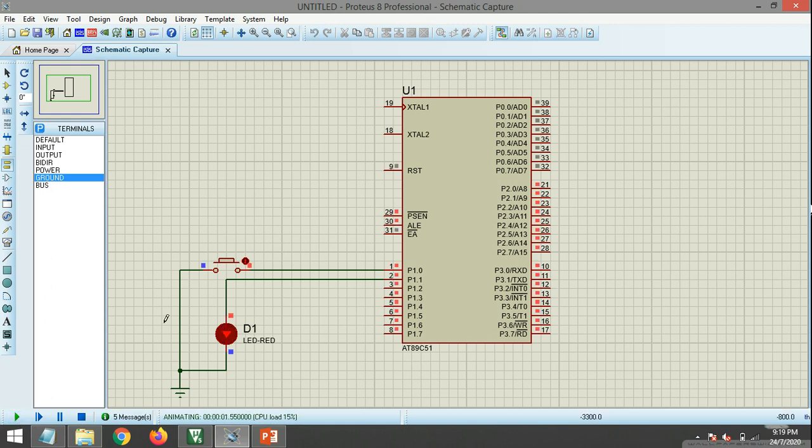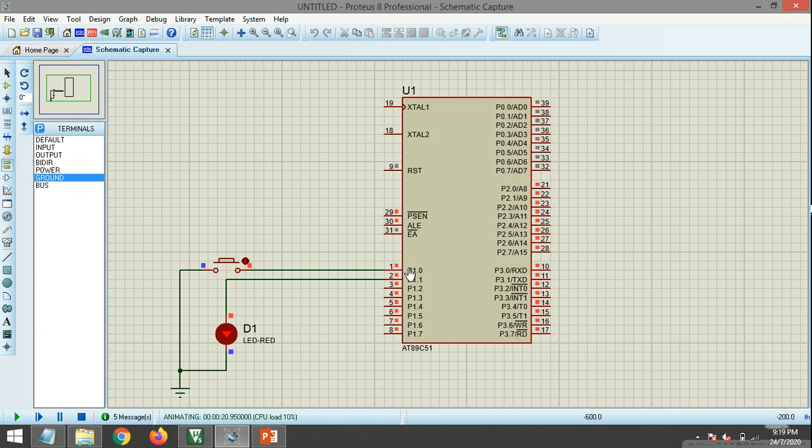Okay, as I already told, since it's positive here, it's reading positive and sending plus. That is why the LED is on. Now when I close this push button, everything will be grounded. This line will be grounded, and we should be getting 0 here.